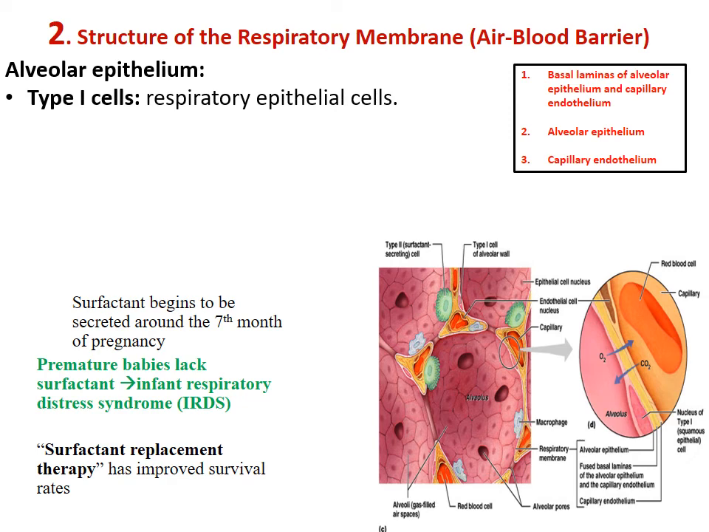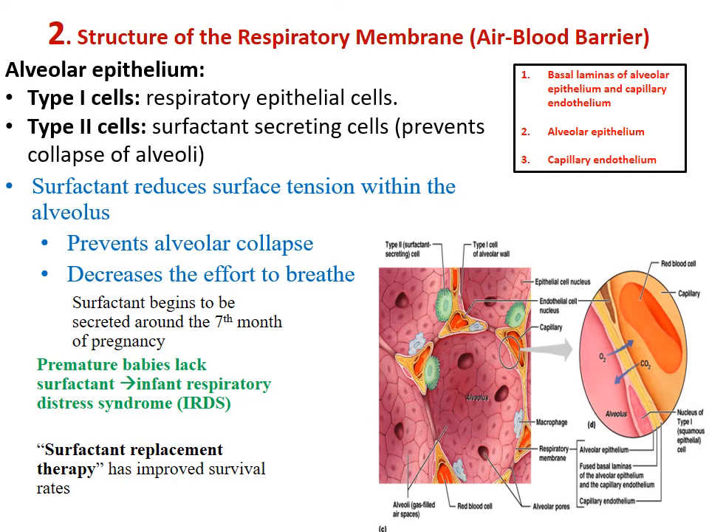Now this is the structure of a respiratory membrane. You can see there are type 1 cells, which are the respiratory epithelial cells, and another important cell called type 2 cells, which secrete a substance called surfactant. They are surfactant-secreting cells that prevent the collapse of the alveoli. Surfactant reduces the surface tension within the alveoli and prevents alveolar collapse. It decreases the effort of